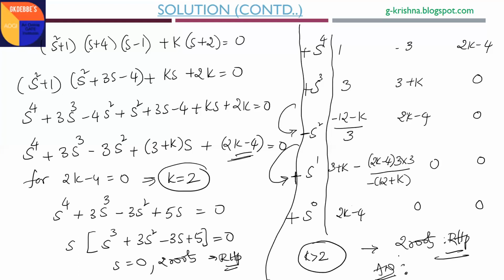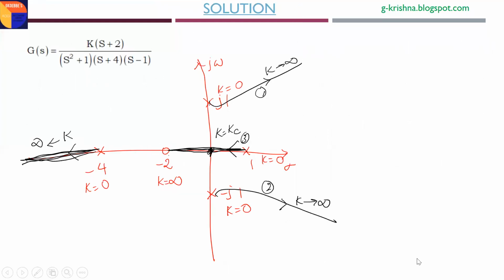K greater than 2 onwards, 2 roots lie in the RHP. If you see this root locus, what is this Kc value? One root will come to the origin at 2 only. From k greater than 2 onwards, this root and this root will be in LHP. The remaining 2 roots which are going with 60 and 300 degrees lie in the right half of this plane. Therefore, first you check with the root locus diagram whether any value of k exists for us to locate 2 roots in the RHP.